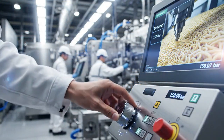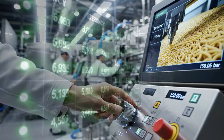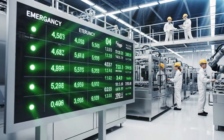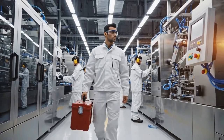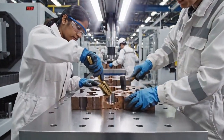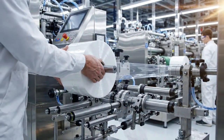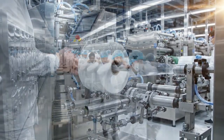Even a fraction of a bar of pressure variation at the extruder die face can noticeably alter the finished pasta surface texture. The master status board provides an instant, comprehensive visual overview of the entire facility's operational health. Rigorous predictive preventive maintenance schedules ensure that every critical machine component is inspected and replaced before... Decades of specialized hands-on experience allow veteran machine operators to perform complex material changeovers at...